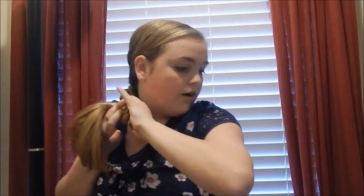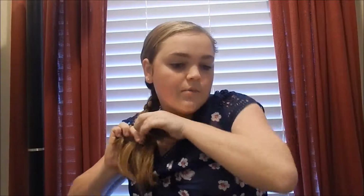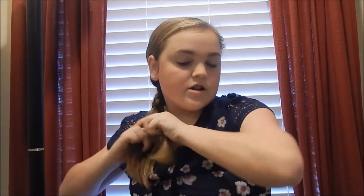I have medium length hair, and so once I get a little bit farther down, I actually bring mine to the front because it's easier to braid from the front for me. So you want to just do this. And your braided section might be a little bit shorter since you did braid it, so you might have to cut it off a little bit sooner than you thought you would. So once you get that, just pull it back into it and put a little hair